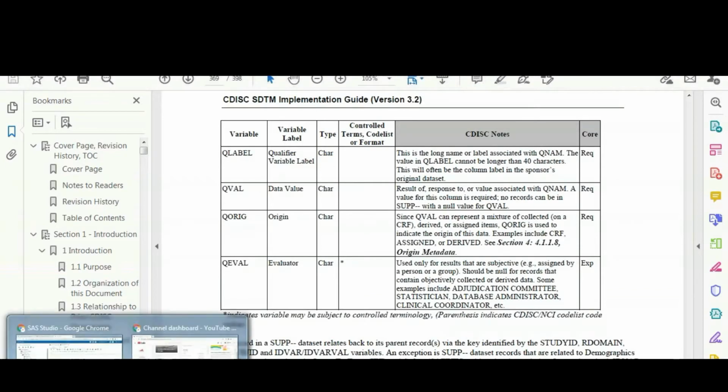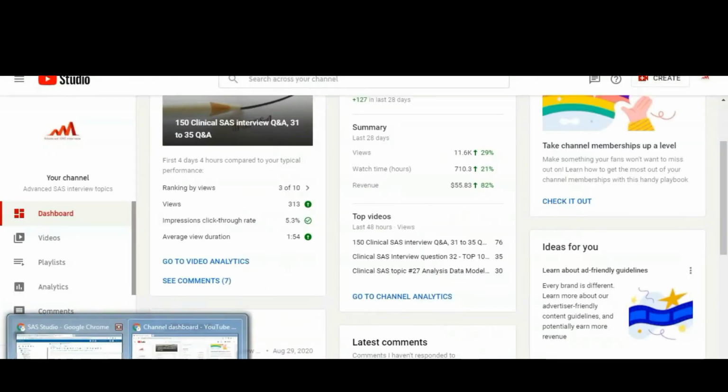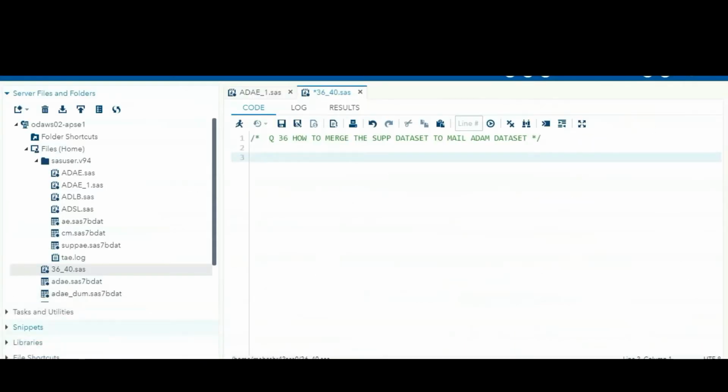So now we have to macrotize the program. First of all, we have to take our main data set. Later, we have to transpose our supplementary data set and then remerge it to the main data set. This is the concept. So first, data equal to data0, set.